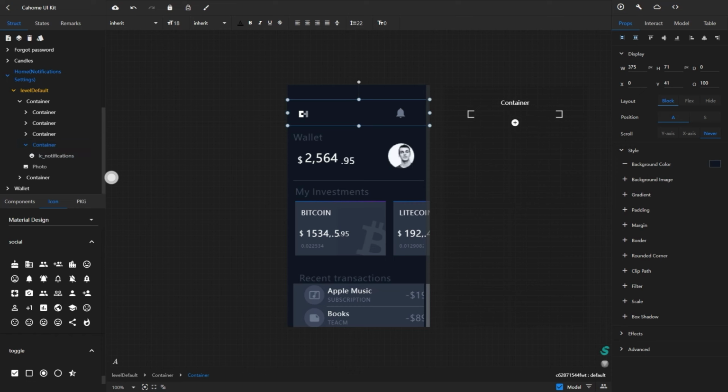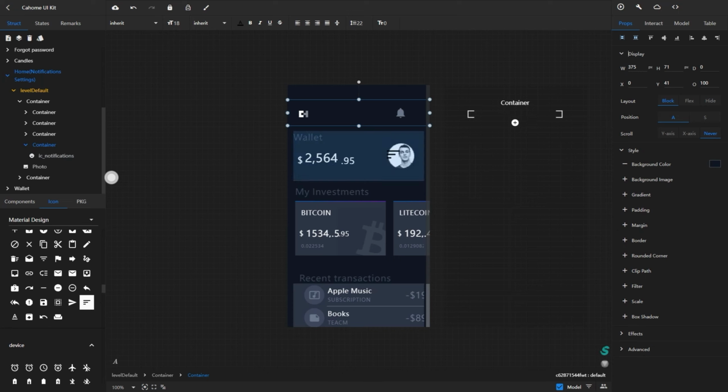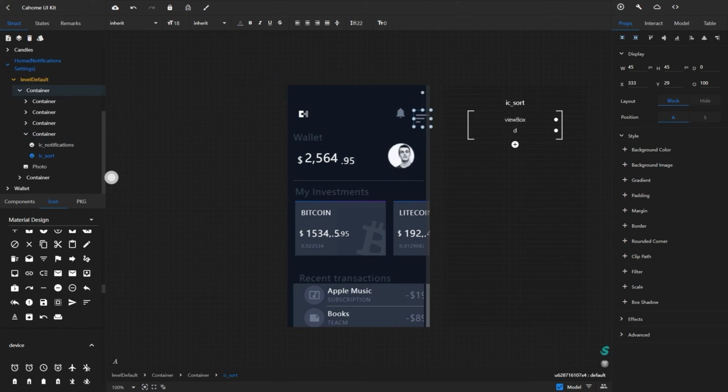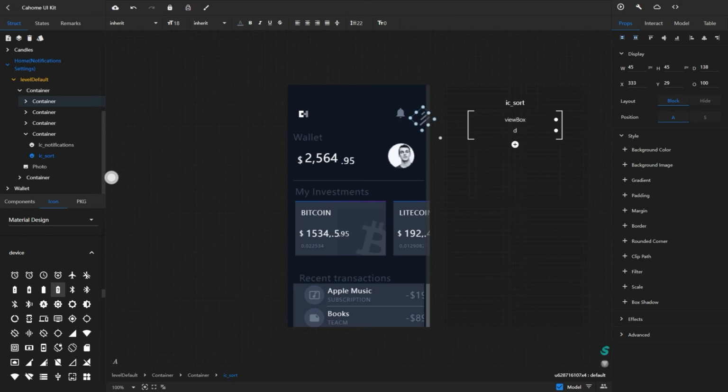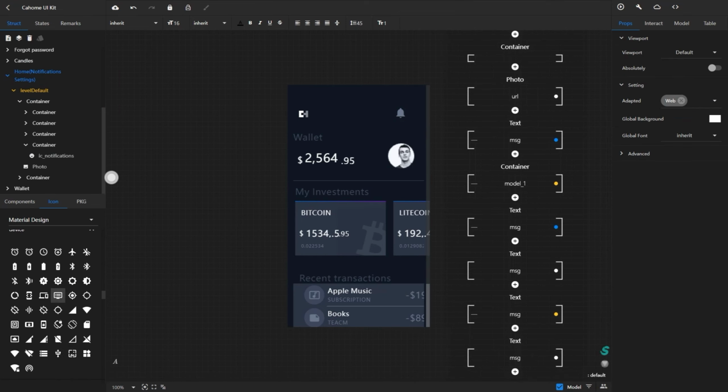Add another icon. Modify the size of the icon. Reselect an icon.